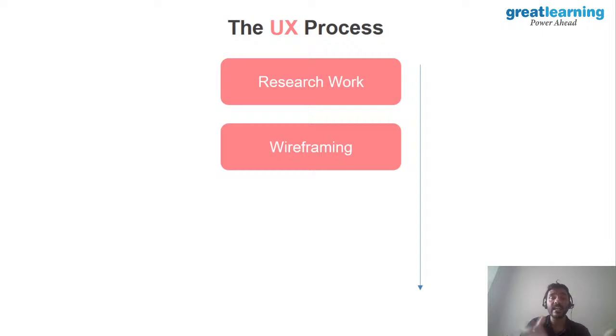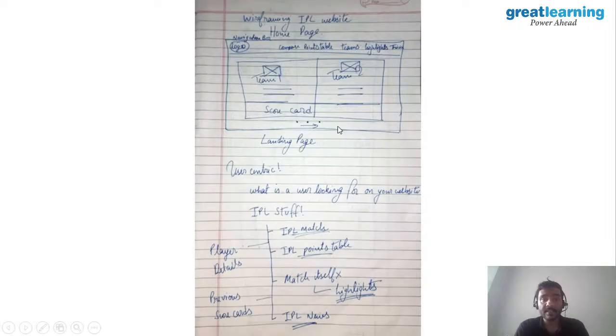It's like making movies. When you're making movies, the director doesn't just take the camera and start shooting some actor sitting in the toilet or just moving around, right? That's not how you do it. You first storyboard it, where you plan out how each and every scene is going to be. From this image, you're getting the basic layout of your website or the basic layout of your app, right? All right. So this is how you wireframe.